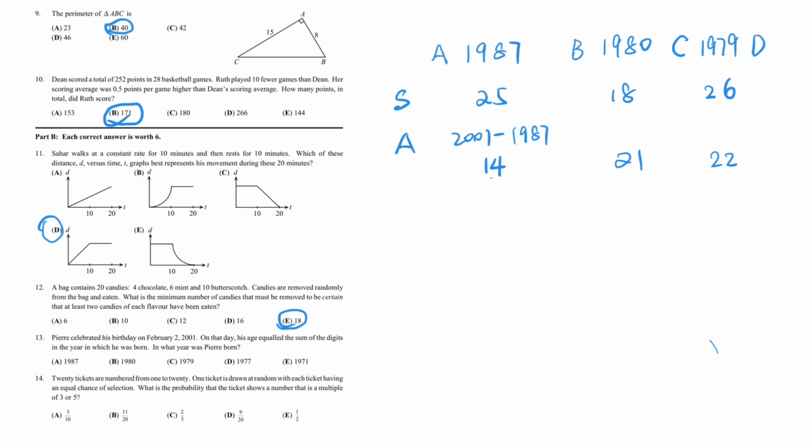Choice D is 1977. Sum of the digits is 24. The age, 2001 minus 1977, that's 24. They are equal. So for number 13, the answer is D,